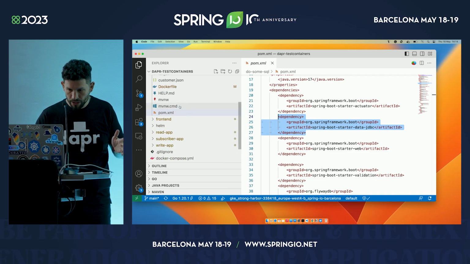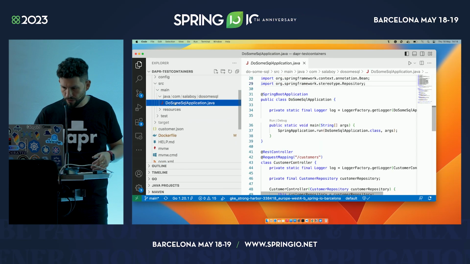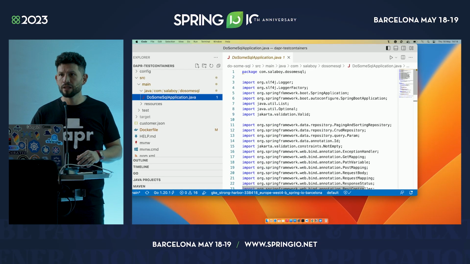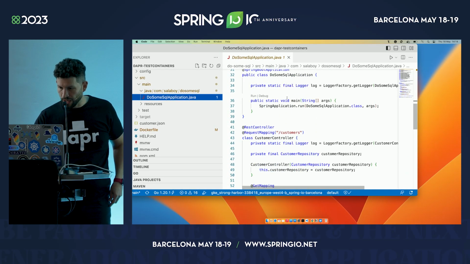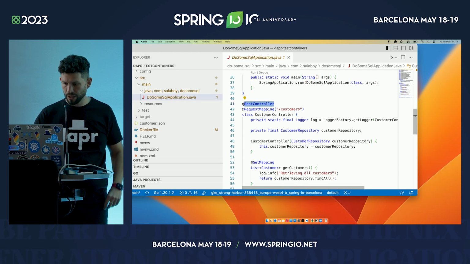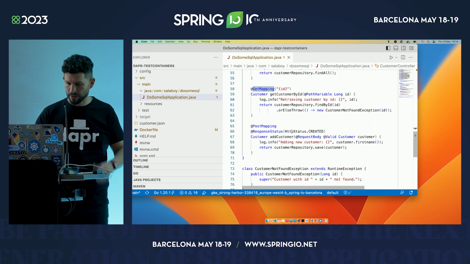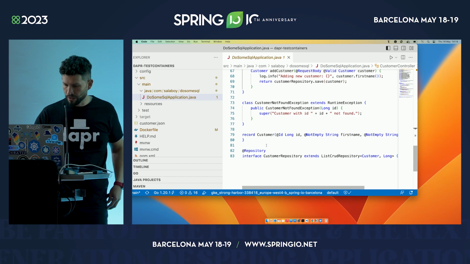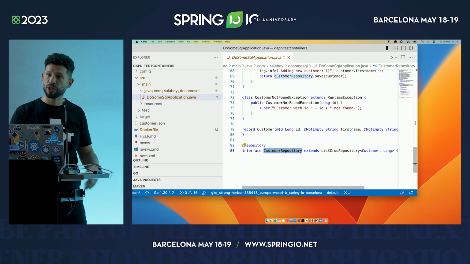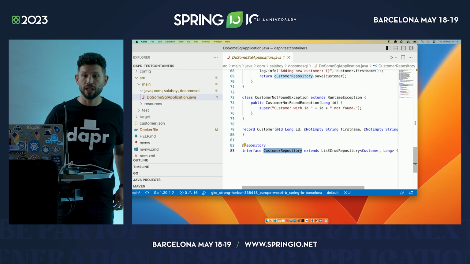Let me show you something here. Let me find it. I have too many projects, too many examples to show, so bear with me while I find stuff. Can you read this in the back? Yeah? OK, cool. So, Spring Boot application, pretty simple. We have some REST controller here that will give access to our customers, and then some endpoints exposing that. Simple stuff. Then we have a customer repository. This is one of the Spring Boot abstractions that will encapsulate all the writing of SQL queries to the database.